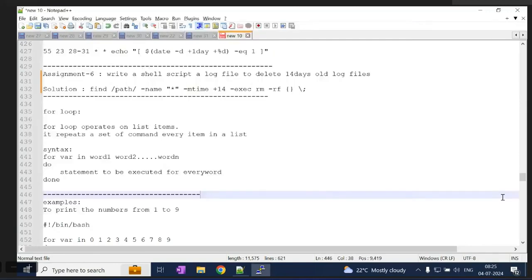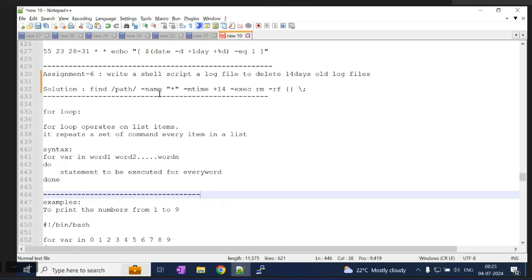Okay, what I told, see, your scenario will be like you have an application. In that application there will be log files, and some certain path will be there for those log files.